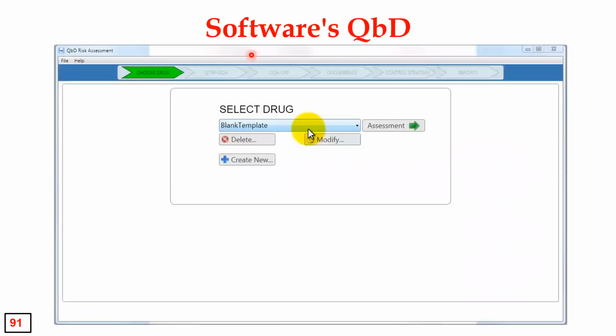This we have already seen in that video. Nowadays they have developed some Excel sheets and small software. Earlier you had to apply some brain, but here you can directly choose the material attributes and the process parameters. But this is not very successful. It is like a playing tool. Nobody can develop a product using a simple Excel sheet like this, because each process has its own story, its own biography to develop.